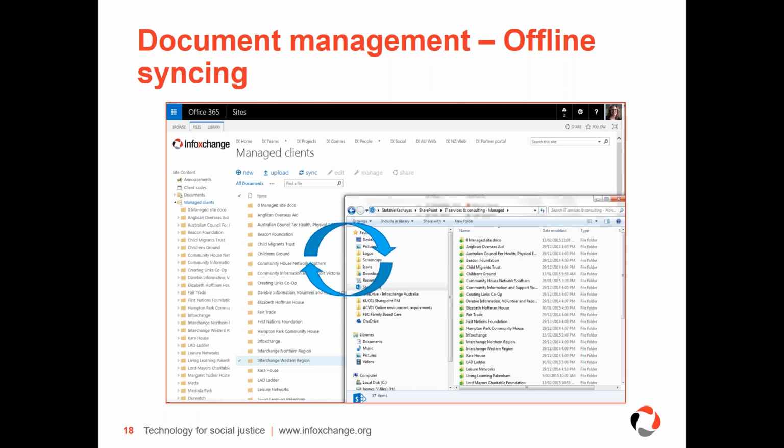You can now sync, work with files locally, and one of the reasons we like this is the interface is an interface that all of our staff are familiar with. You're accessing it from File Explorer. It looks like you're accessing it from a shared drive. So it makes it less change for staff, yet gets you all of the benefits of migrating to SharePoint in the cloud.